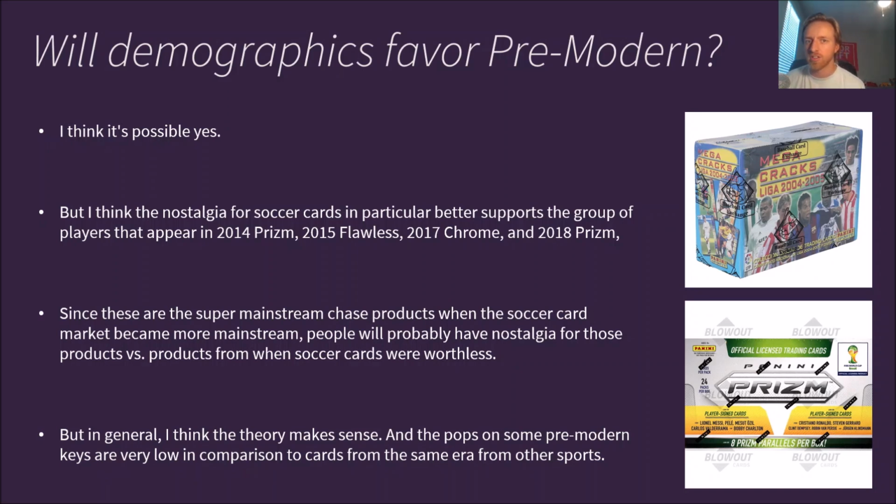I personally think it's interesting to talk about the nostalgia for soccer cards in particular and how that better supports the group of players that appear in 2014 Prism, 2015 Flawless, 2017 Chrome, and 2018 Prism, and the sets of that sort of era of the soccer card market. I think that specifically because these are the super mainstream chase products when the soccer card market became more mainstream, and people will probably have nostalgia for those products versus the products that came out when soccer cards were completely